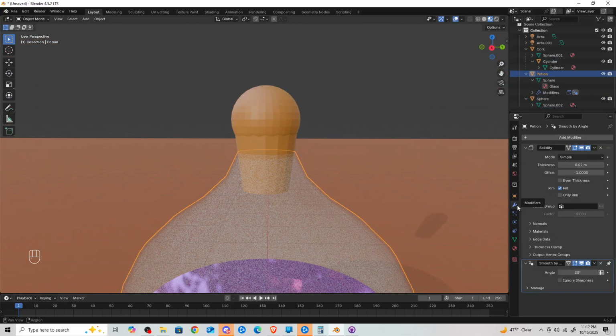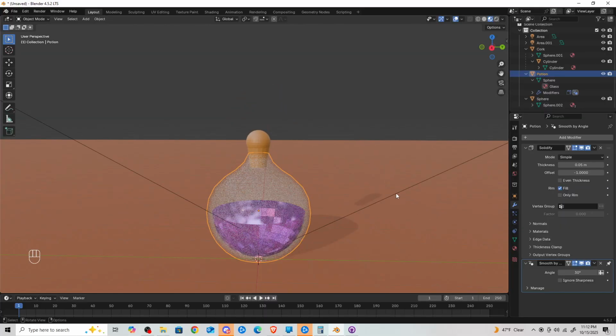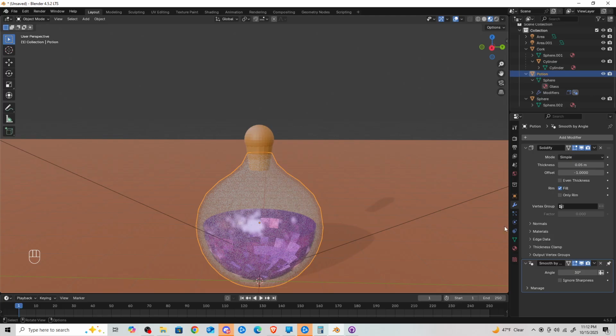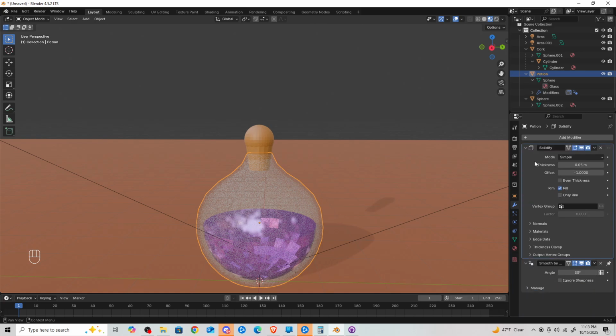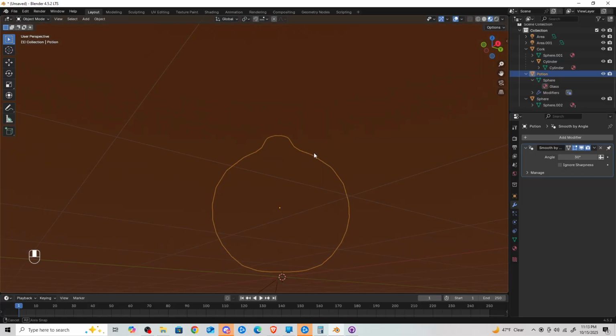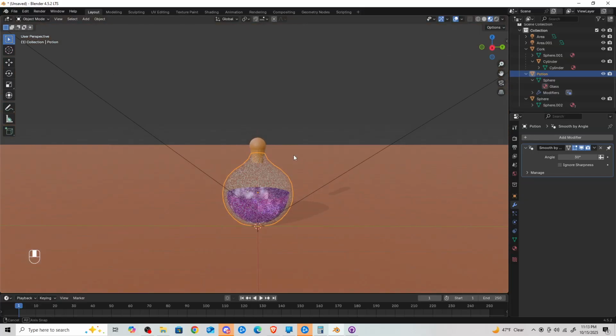Where's the solidify modifier? Is it possible that it's just not thick enough? No, I don't think that was it. Okay, is it possible that it's an order thing? I don't think it is, but you never know. Okay, it's certainly not, because it won't even let me do that. So, let's apply you. Okay, whatever. We are good. I like the size of the cork now a little better, so